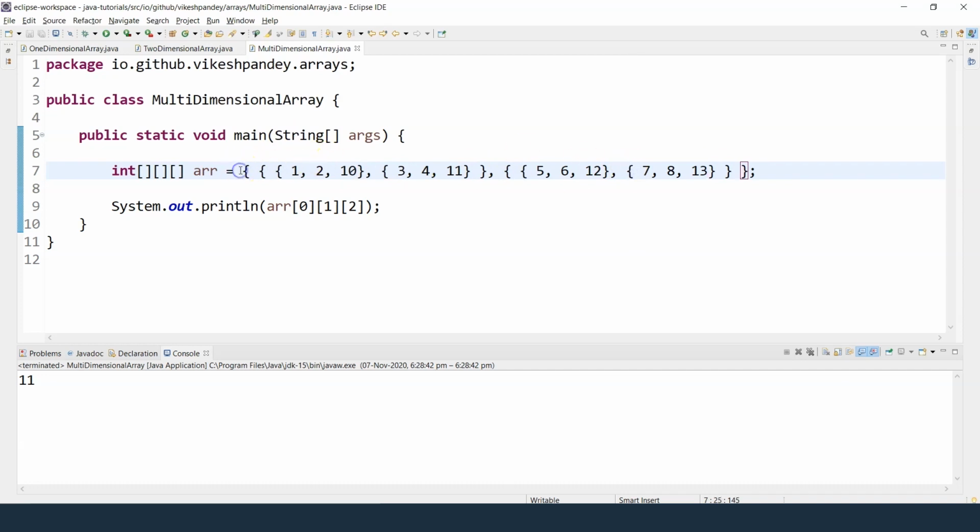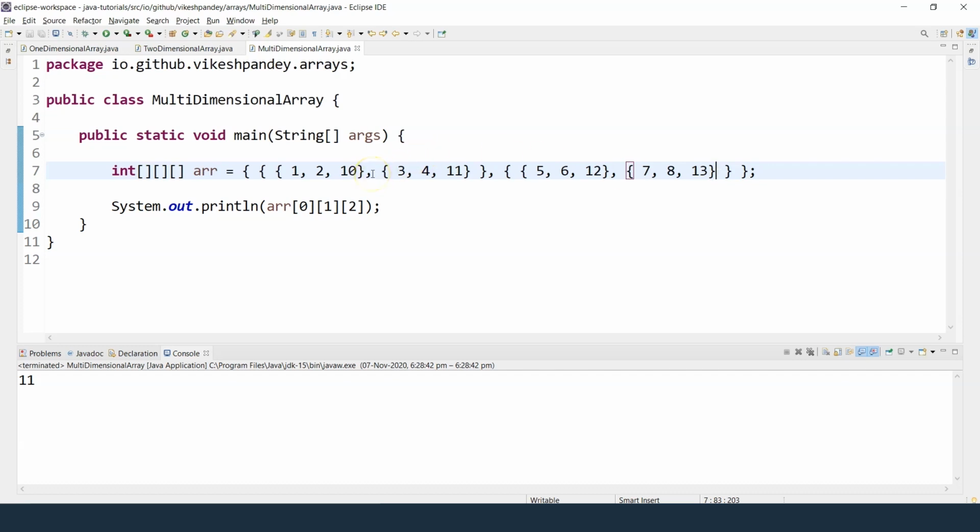Remember, this is the first dimension when the first curly brace starts. Then you have this second dimension which covers this hole and this hole, and then you have the third dimension which are these. So that's how you're going to visualize and put the 3 dimensions in use while declaring a 3-dimensional array. And the values work in the same fashion. It's a 0 index based position.